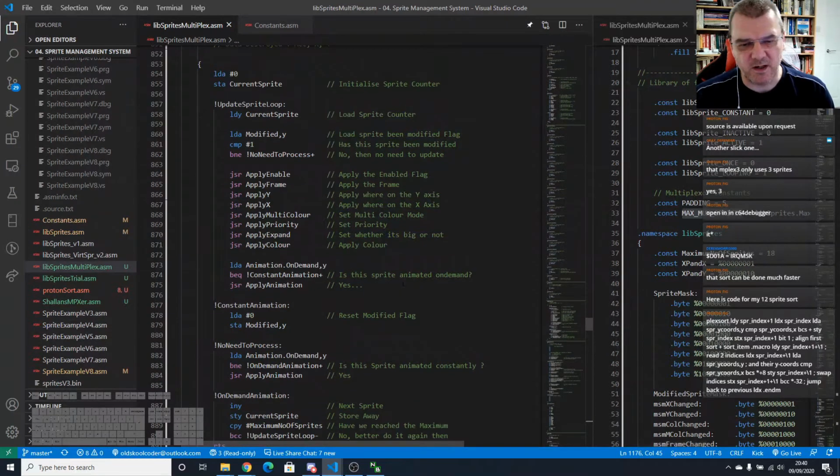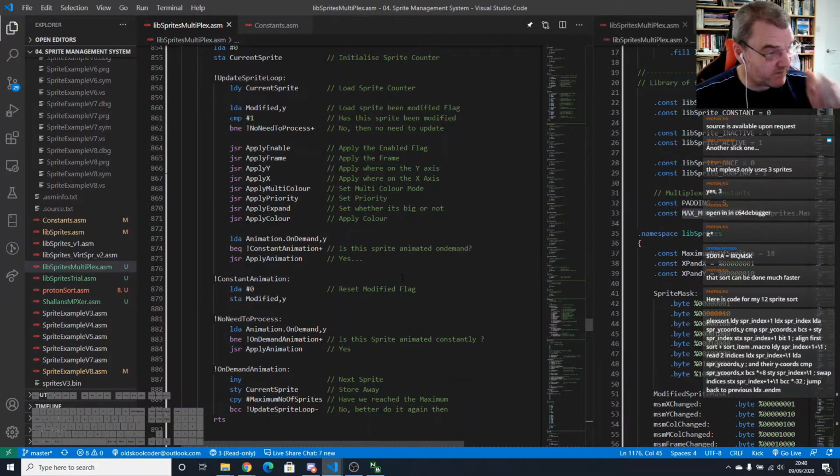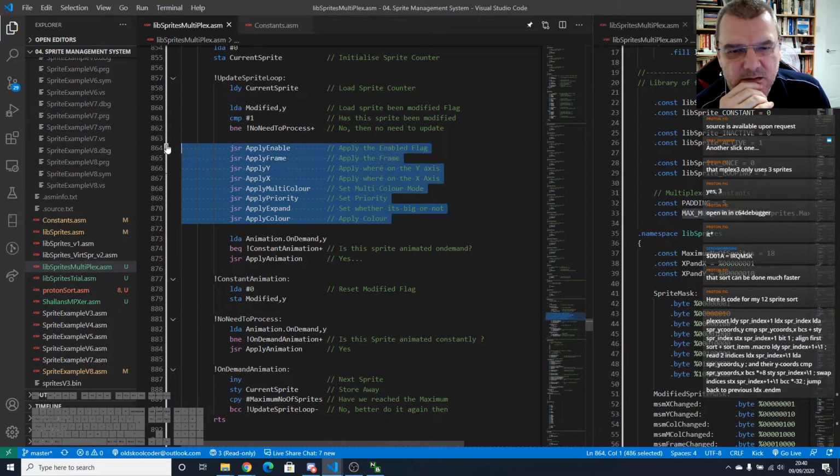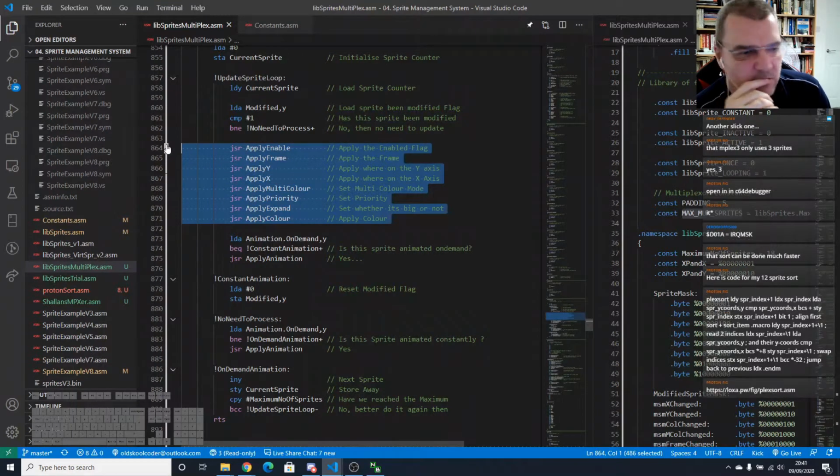So this is our sprite loop, but you've got to remember we've still got to loop through all of the sprites because we need to set the animation on the multiplexed, the logical sprites as well. So what we've got to do is basically run through this lot and then just check. We need to apply that to